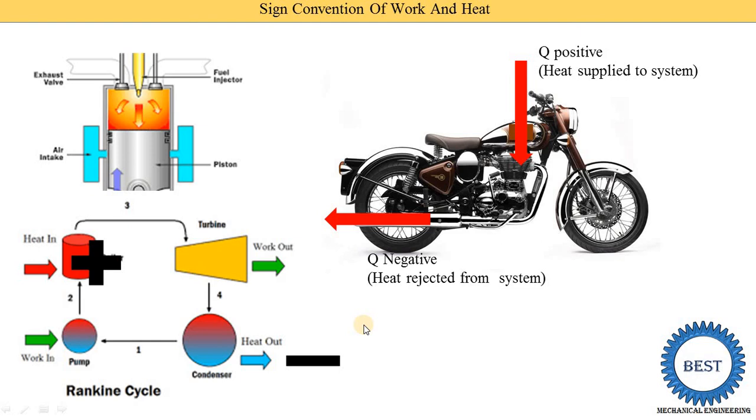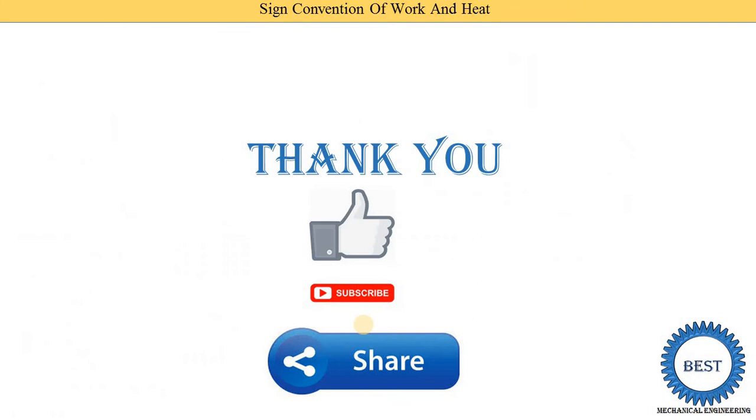At our home, we use the AC. In an AC there are two heat exchangers, one is the condenser and another is the evaporator. The evaporator is fitted inside. So what is the evaporator doing? The evaporator absorbs the heat from the room, and our room is cooled. Means the evaporator absorbs the heat, so it is positive. But the condenser, which is installed outside the room, is rejecting heat to the atmosphere. It is called negative heat interaction. So I hope you can clearly understand it.